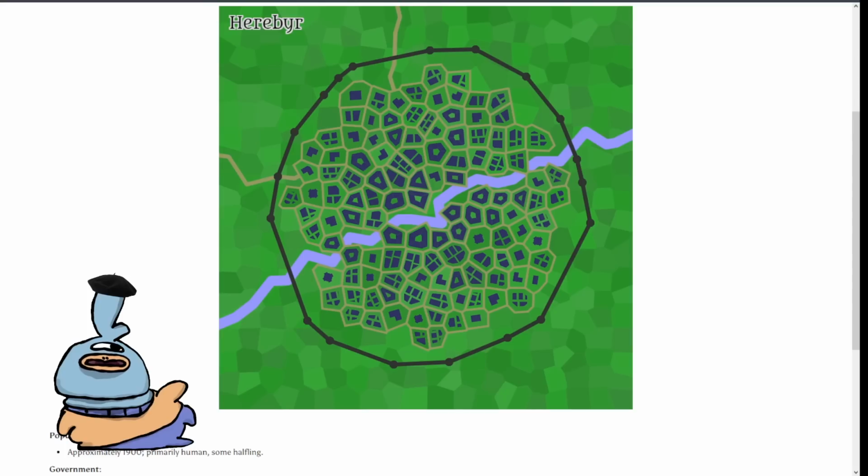and players love getting their grubby little hands on maps. So even if you're not going to do a lot with a town, even if they're just going to be passing by, if your players ask for a map, this could save your ass and make them feel like the world is like a place, right? I've had a few players in the past collect the maps that I made of all the towns and kind of just go over them and be like, oh, look at all the places we want to. So I think it's pretty cool, gives them something to have, and you can always compendium yourself the maps on